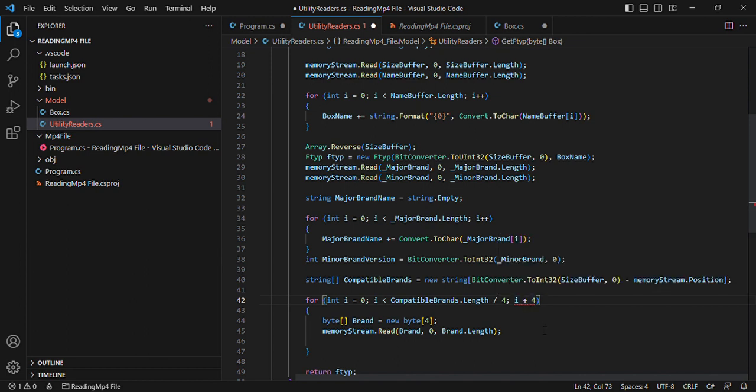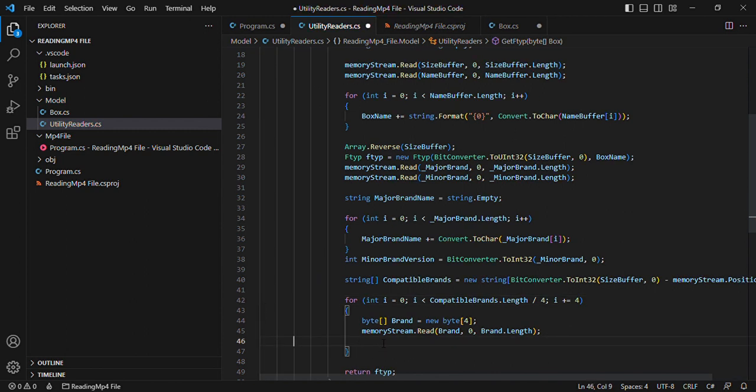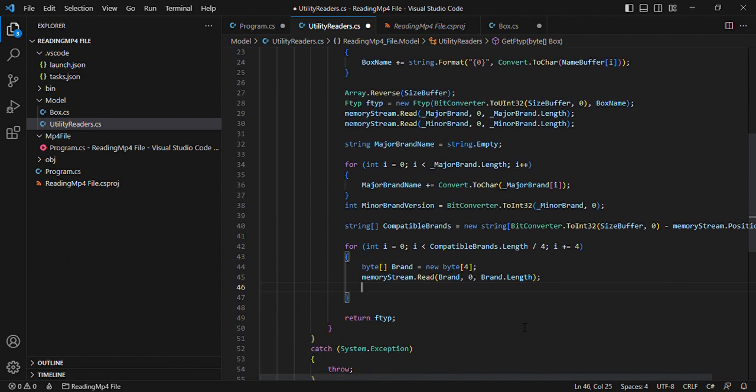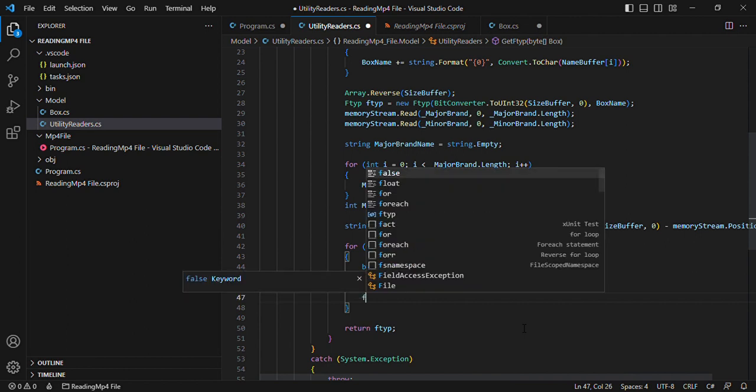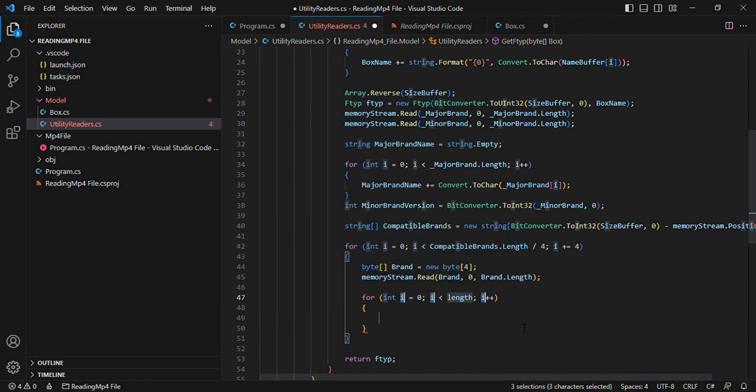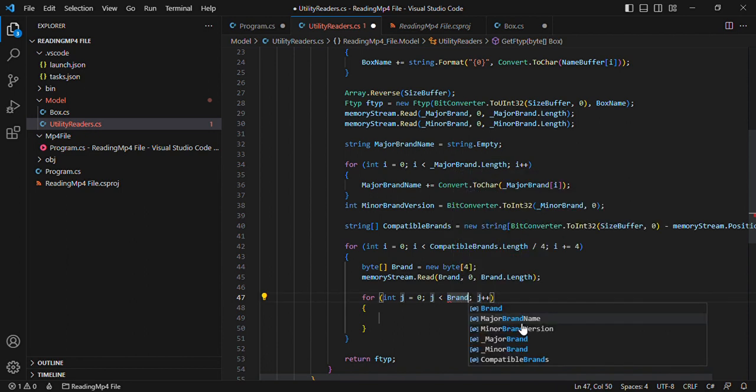Okay, so that it moves 4 bytes. Now we need to move and say brand dot length. Okay,